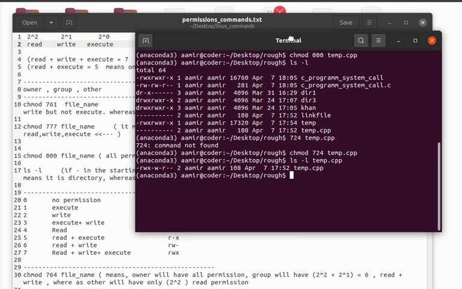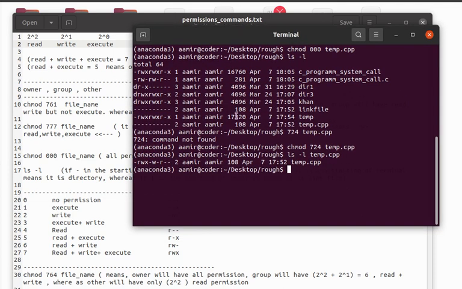So here we checked how this command works, and the permissions of these are changed with digits. The points to be noted are that the first digit is for owner, the second digit is for group, and the third digit is for others. And how will we give the permission to them? We will just simply add these.